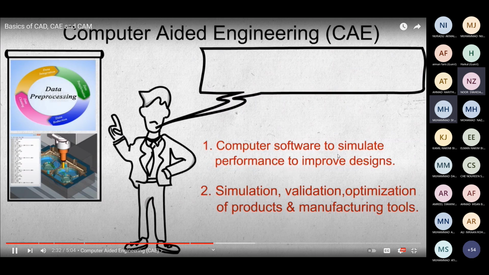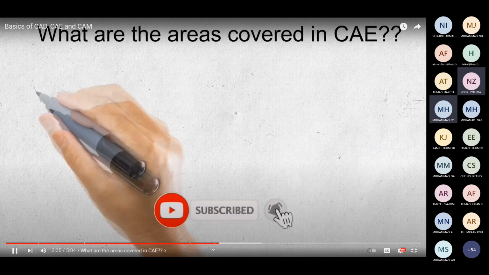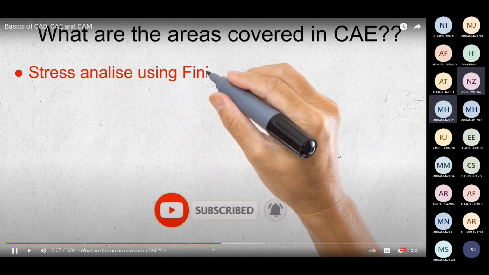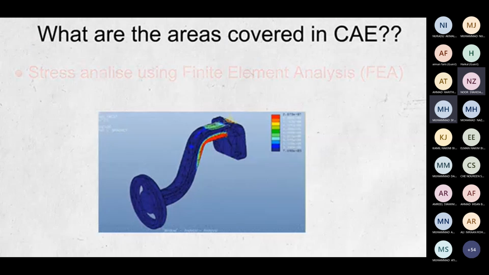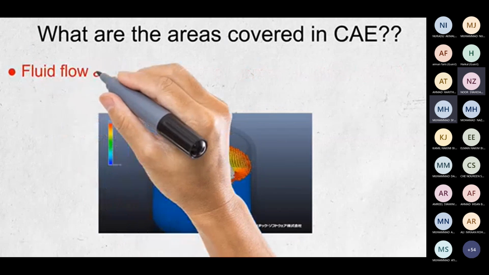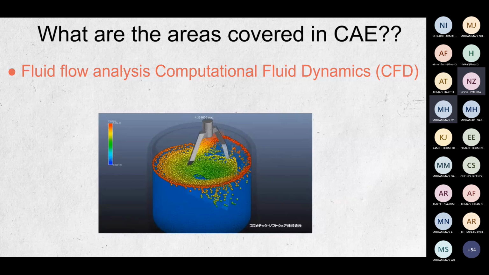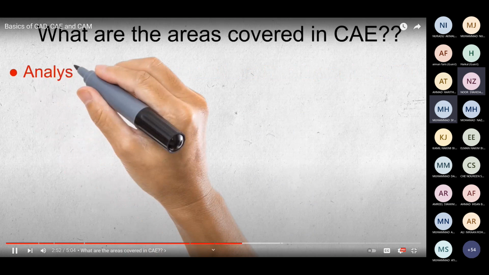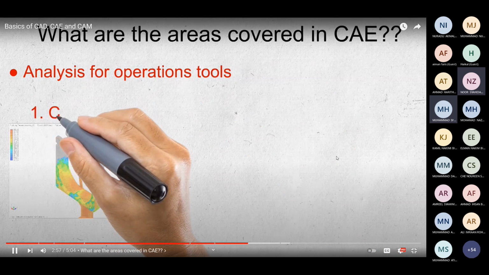Manufacturing tools. What are the areas covered in CAE? Stress analysis on components and assemblies using finite element analysis, FEA, thermal with fluid flow analysis, computational fluid dynamics, CFD, analysis tools for process simulation for operations such as casting,